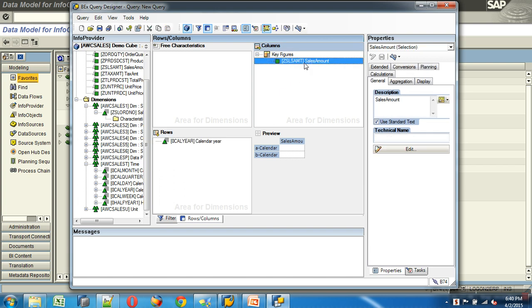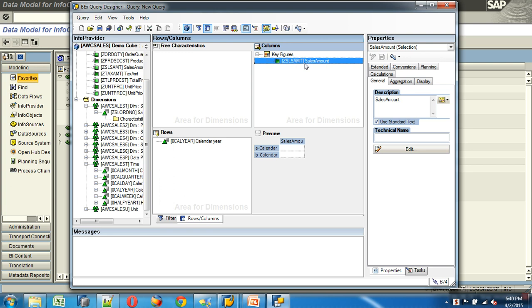Whenever I say amount, I must specify it with some aggregation function. So it's like writing a select statement like this: select calendar year, sum of amount from the cube. What happens when you use an aggregation function? You must use group by. Select calendar year, sum of amount from the cube, group by year. If it finds multiple records for the same year, it will be grouping them. While grouping, the key figure amount will be aggregated, summation.